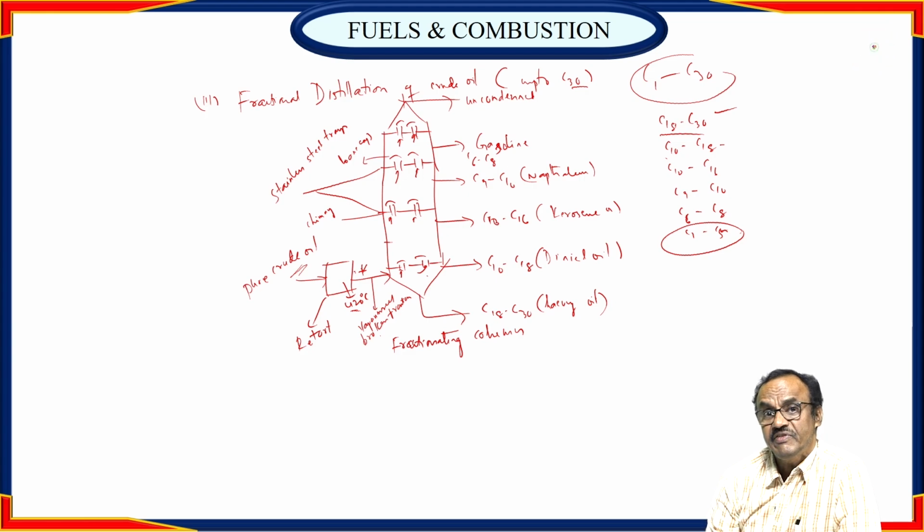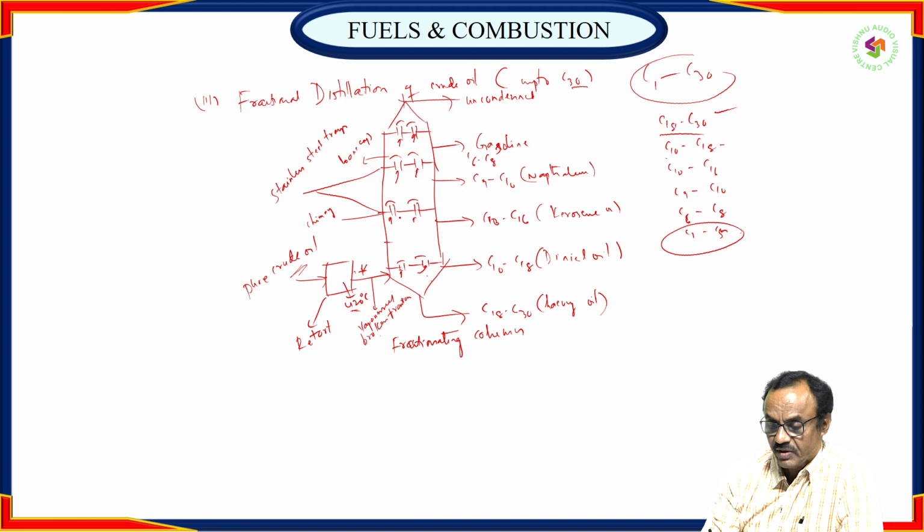The fraction which is having high molecular weight get condensed first. So when you pass this into the column, they pass through this chimney and they collide with the bubble cap, and they get condensed based on their molecular weight. So here heavy fraction condensed first, heavy oil, next diesel oil, next lighter one kerosene oil, next lighter one naphtha, next lighter one gasoline or petrol